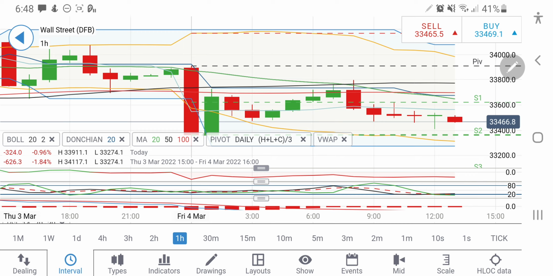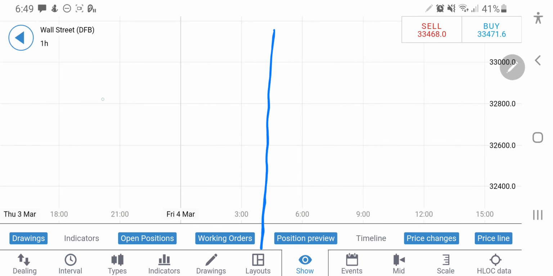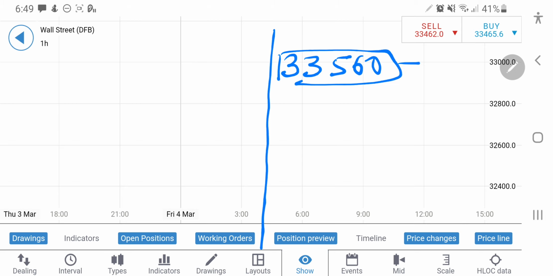So considering this, let me give you the trading levels for the day. Now first let's talk about the long entry, or where to buy. You can take a long entry at 33,560. Here you can take a long entry, then expect 33,600 and 650. Rather I will say directly you can expect 33,650 levels here. So beyond this it will try to hit 33,650, and if it breaks 33,650 definitely it will try to hit